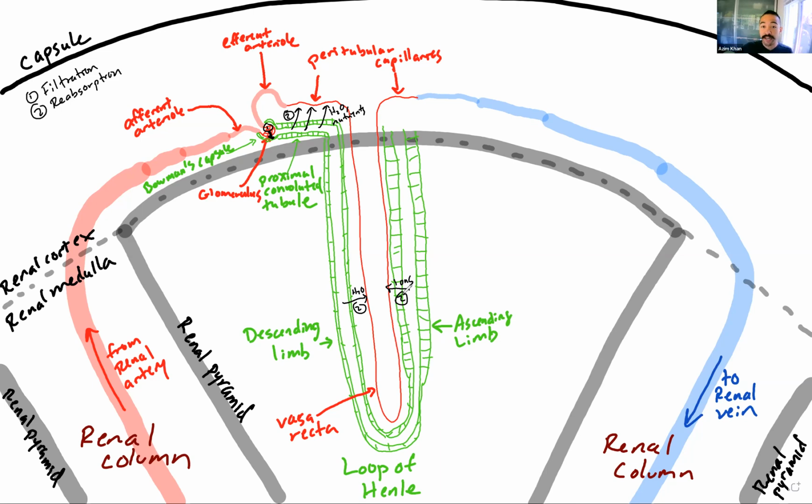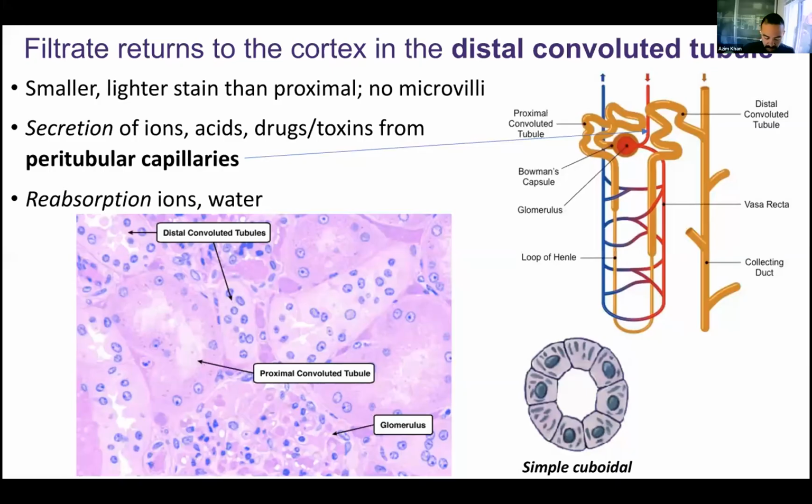All right, so now we're getting to the next part, and we've come back up to the cortex. It's the distal convoluted tubule. It's distal, not in distance, like physical distance from the Bowman's capsule. It's distal in terms of the pathway. You can see that it's actually very close to the Bowman's capsule. We've come right back up next to where the Bowman's capsule is, but it's just farther in the path, distal